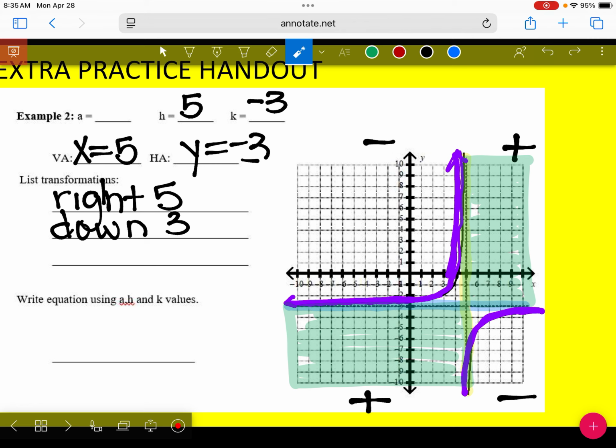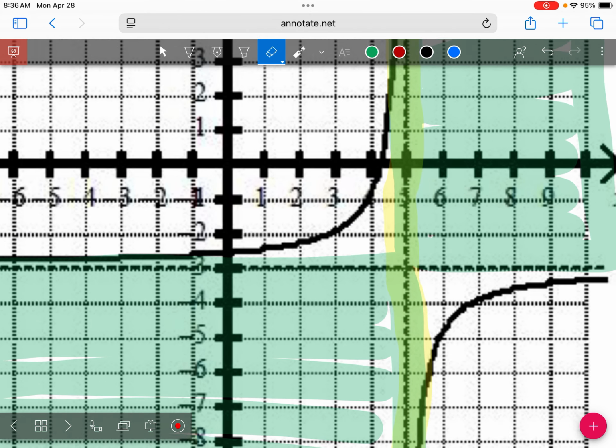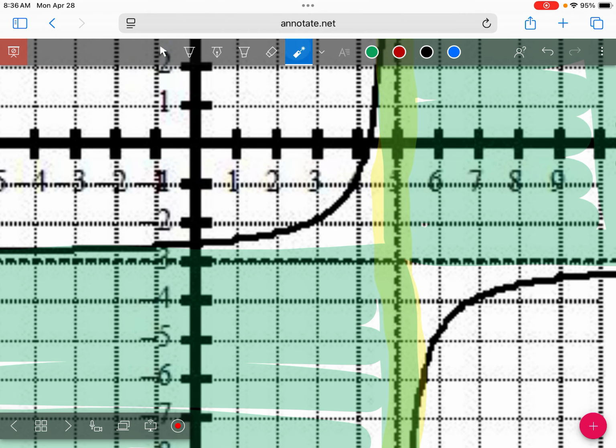All right, so now we're going to figure out what it is. Negative what? So we already know it's negative, which means that it reflected. So now let's see if it's stretched. So I'm going to erase the little purple highlight that I got there. All right, let me zoom in really closely so we can see what's going on here. So if you look at it,